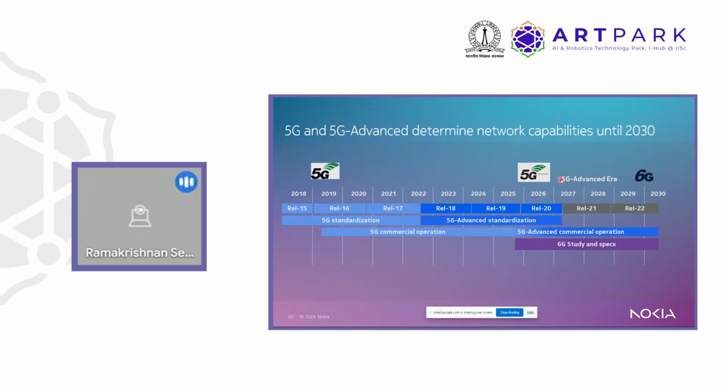Release 20 is typically the time when the 6G study would also start. But in the meantime, you would also have maturity of the existing 5G Advanced use cases and study items. So we expect that 5G Advanced, at least in the markets wherein 5G had been launched a couple of years back, would start accepting 5G Advanced already. And from the India perspective, we expect that there would be some push, and at least certain kinds of use cases should start seeing some light of day in the coming years.